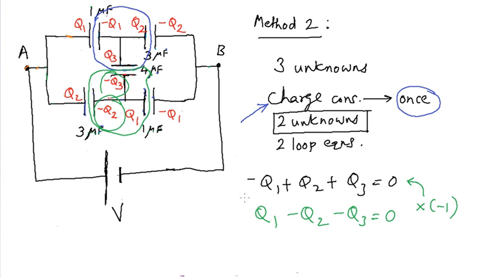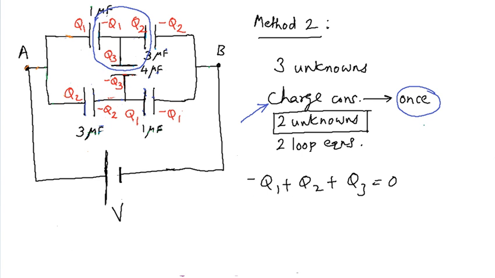Clearly in this method, when we used the symmetry equations and simplified the charge distribution, we indirectly made these 2 charge conservation equations dependent on each other, and hence of course we will not apply the second charge conservation equation. I'll remove it, and that is the reason why we apply the charge conservation equation only once in this method for this particular problem.